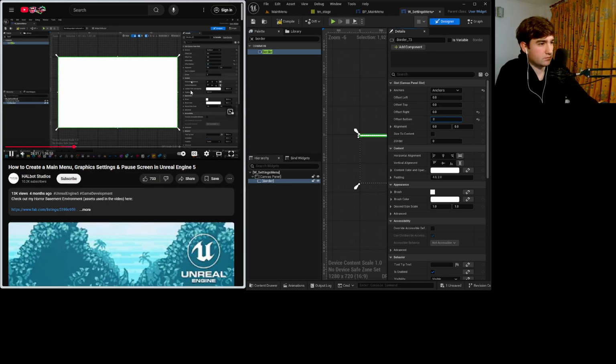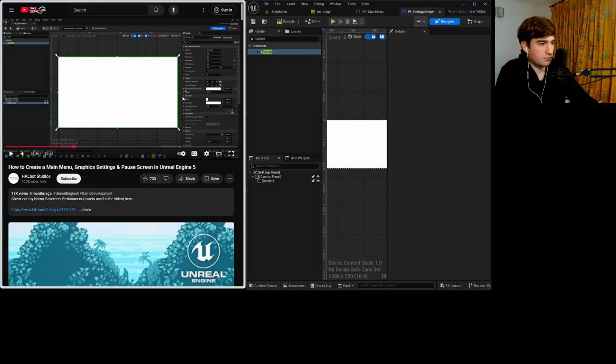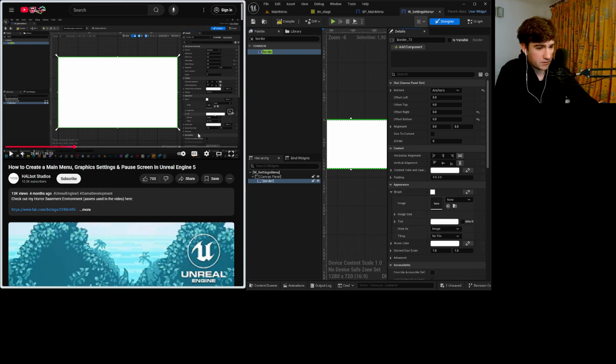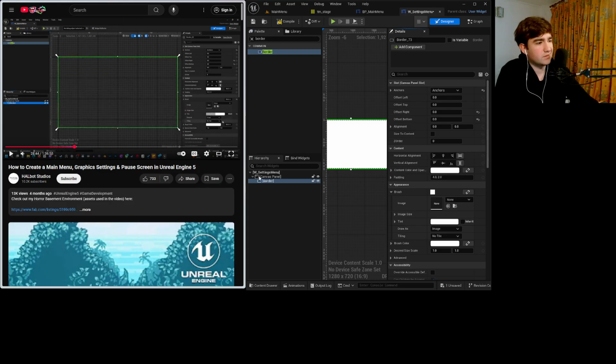0, 0 on all of the offsets, so it's filling up the entire screen. And then under our brush settings, no brush settings. Okay, you know, change transparency. I'm going to make this invisible like that. Okay, and then I'm going to get a